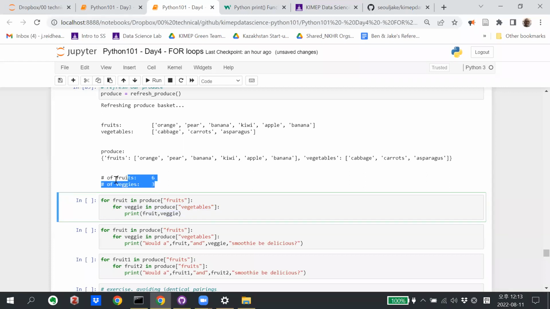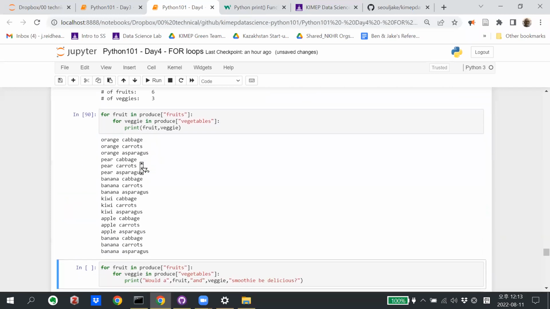Yeah, it's going to give us 18 because first we're going to take orange and loop through cabbage, carrots, asparagus. Then we're going to take pear, and loop through cabbage, carrots, asparagus again, right? So this is 6 times 3, so this is 18